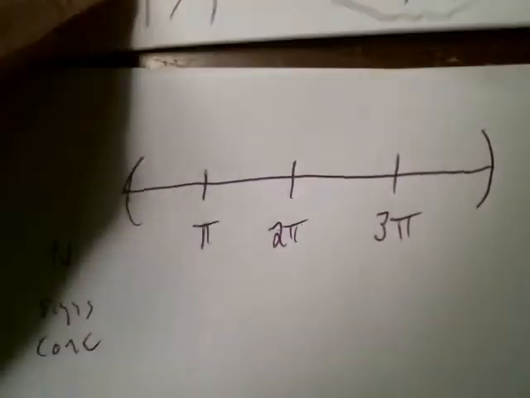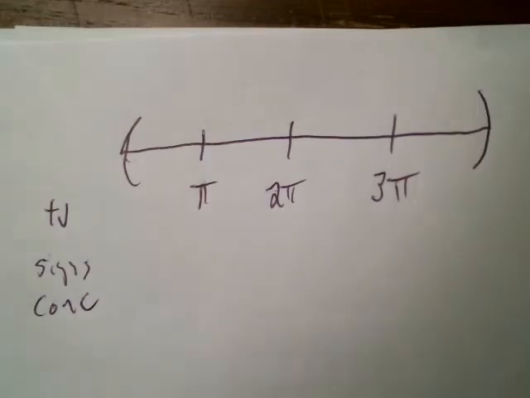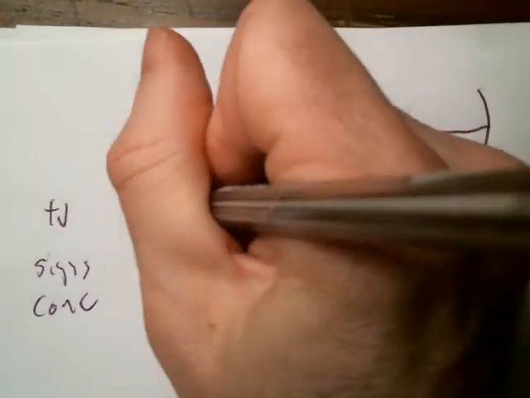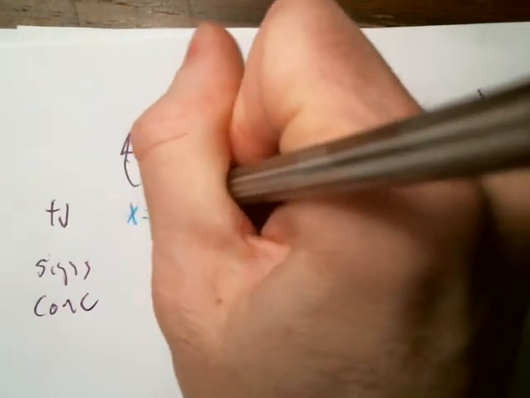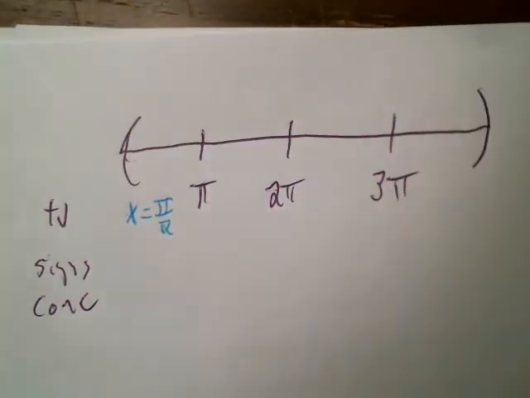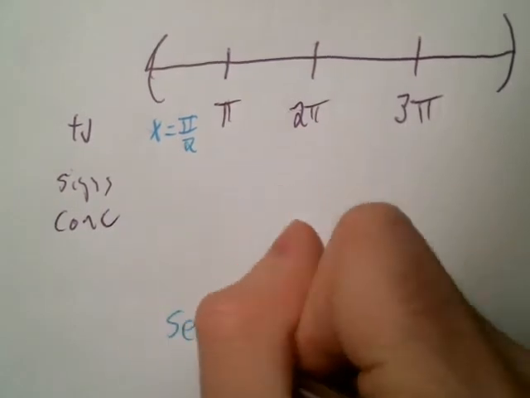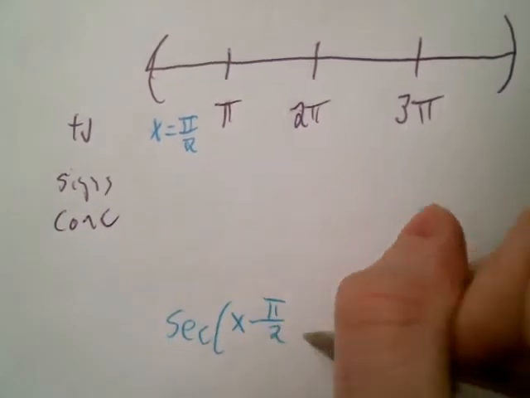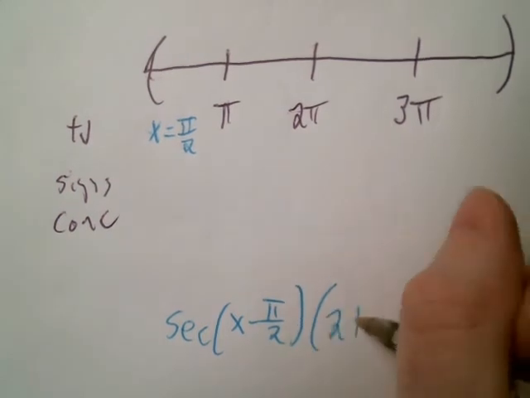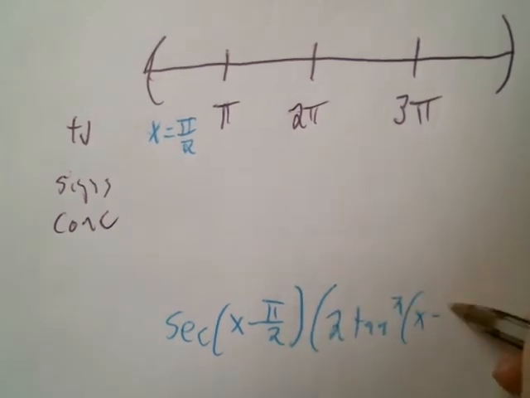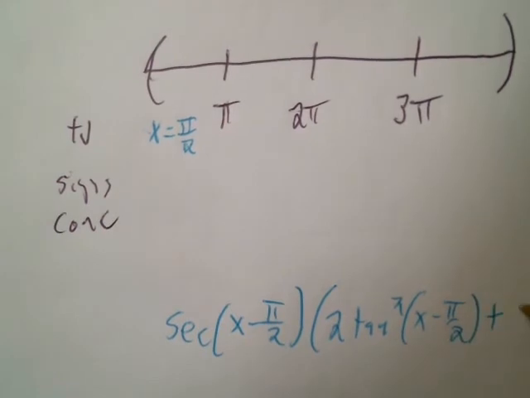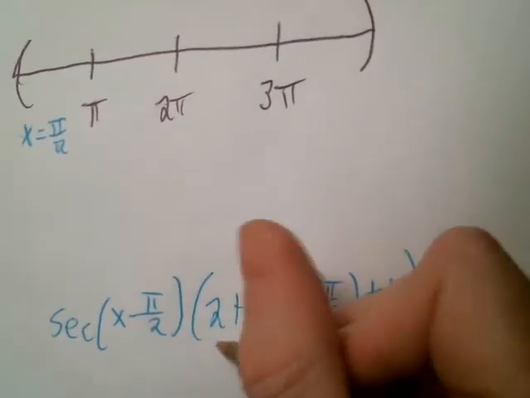Right. Okay, so let's do some test values. I'm thinking stuff like pi over 2. And I'm dumping stuff into my second derivative, which is a big mess. I got it written as secant of (x minus pi over 2) times (2 tan squared of (x minus pi over 2) plus 1). Okay, this factor,